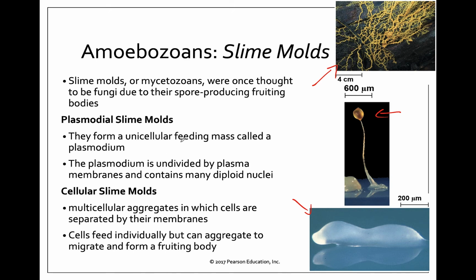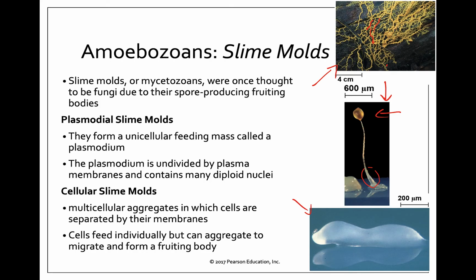So plasmodial body forms create this kind of spread out appearance, and this is actually an aggregate, so these are all connected. And the cytoplasm can flow throughout these body forms, and they're able to share nutrients, and they take up nutrients from their environment. When their environment dries up or becomes hostile, they switch into this fruiting body. So they kind of conglomerate into this one big cellular body where they create spores and release those spores to go to a different environment.